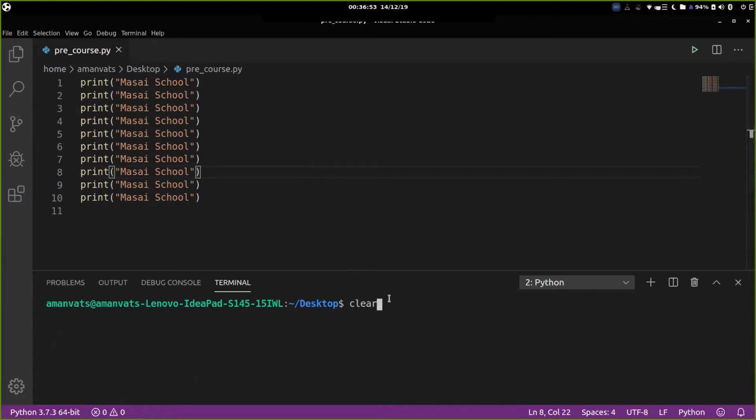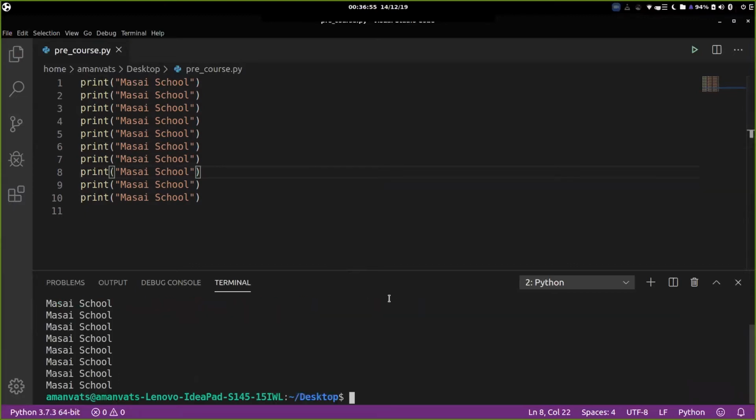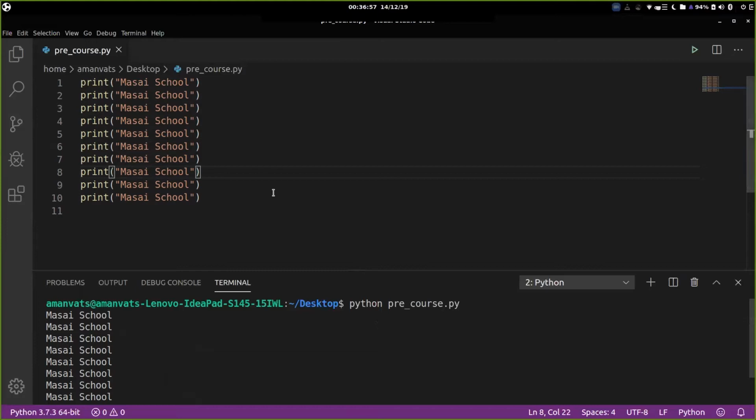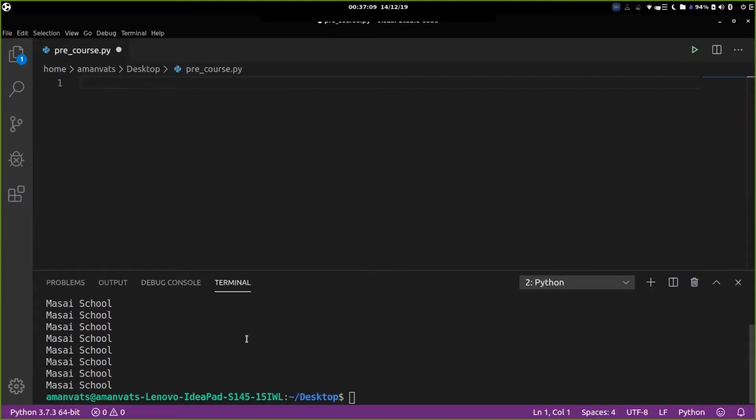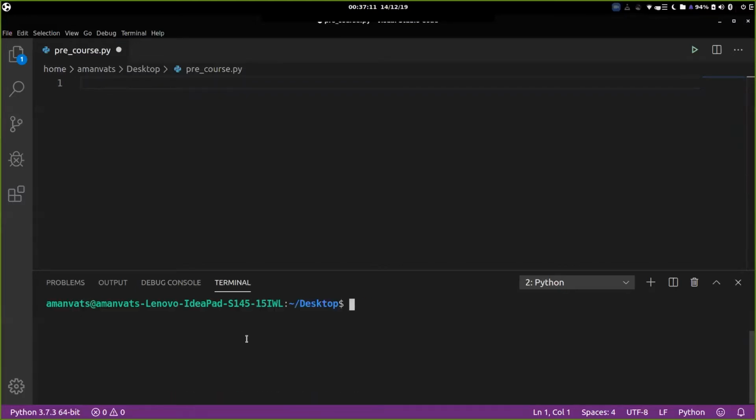Now let's run this. Yeah, it printed it 10 times. But what if I ask you to do it 100 times? We won't be writing it 100 times, right? There needs to be a better way than manually writing it 100 times. Yeah, there exists a better way. Let's learn something called